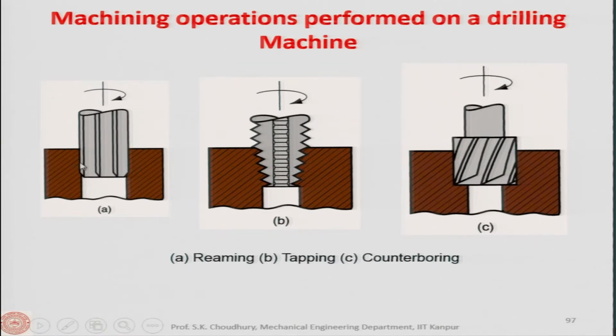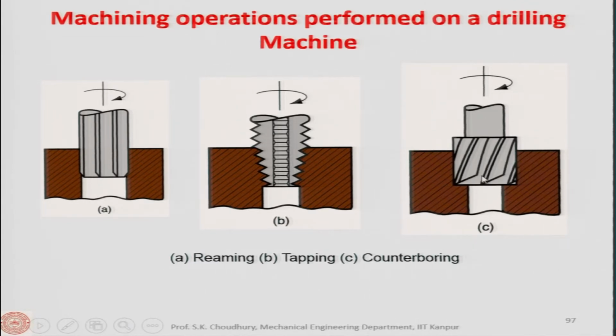This is the reaming process, where there is already a drilled hole and the accuracy or the surface finish of the drilled hole has to be enhanced. This is the process when the internal thread is being made, this is the tapping,